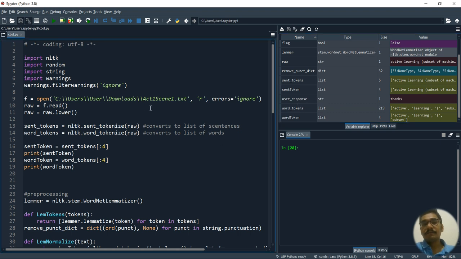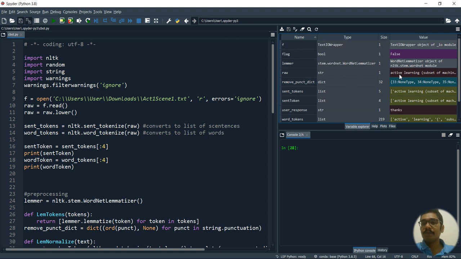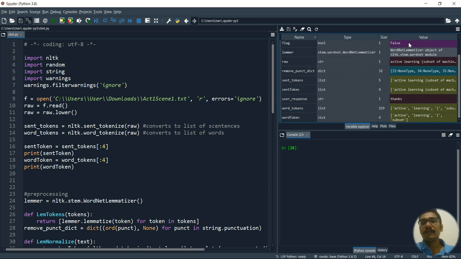I've already executed this before. I mean, I've tried and tested this so that it works perfectly. Upon execution of each line, it will create variables, and it will also show their memory allocation, how much size they are taking and what their type is. That is just for your summary purposes. If some variables are missing, or if you mistakenly deleted something, or if you closed some of the files and something goes wrong, then you can keep track of these things. Okay, so let's now see whether we can get this.